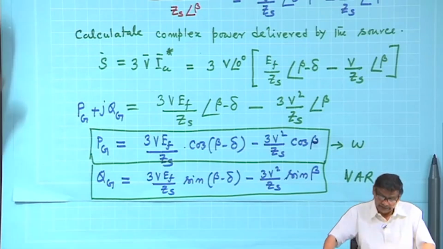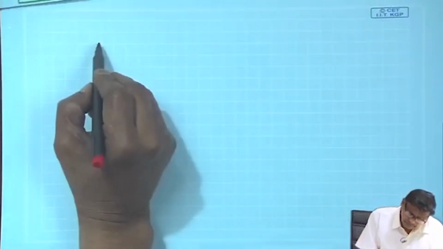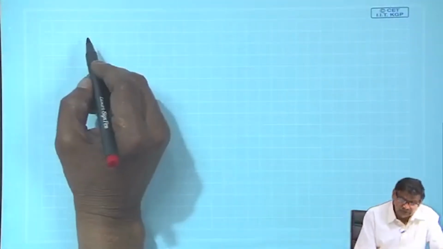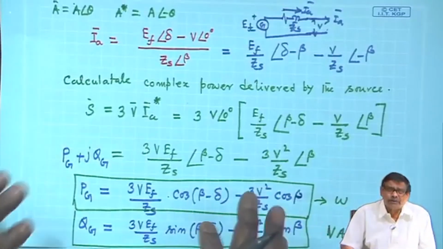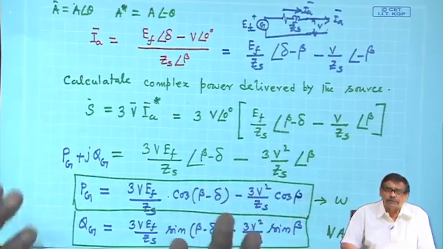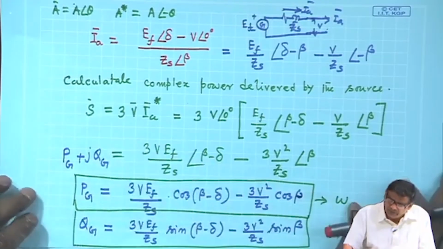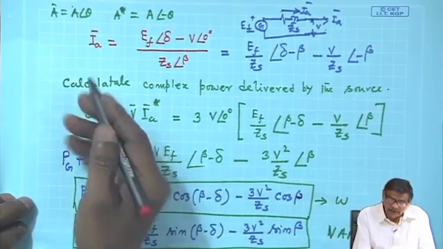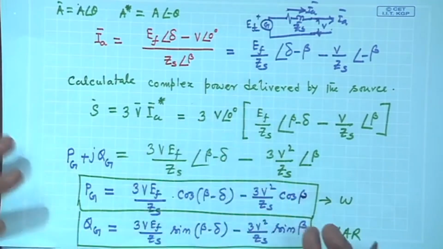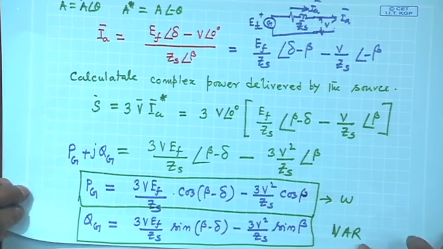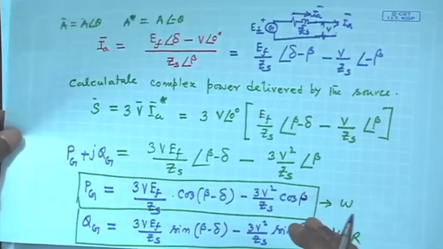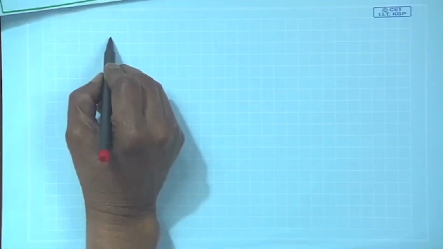As a special case, I am not sure whether you should remember this formula, because I do not remember. Anyway, for a numerical problem, it is better you calculate in this fashion, get IA and so on. How many formulas can one remember? But one special formula is there that one should remember, that is a special case,